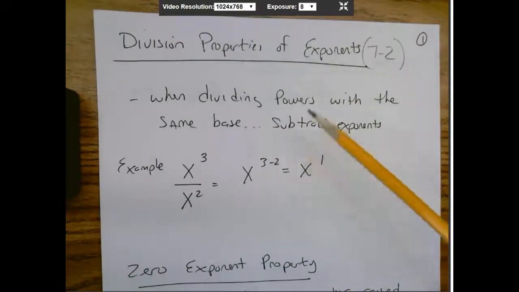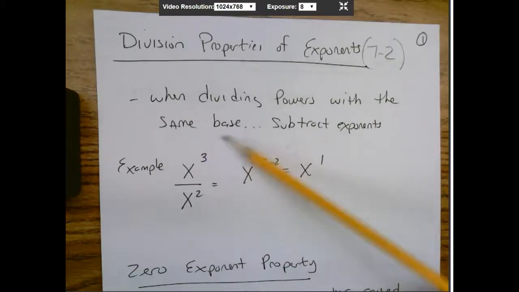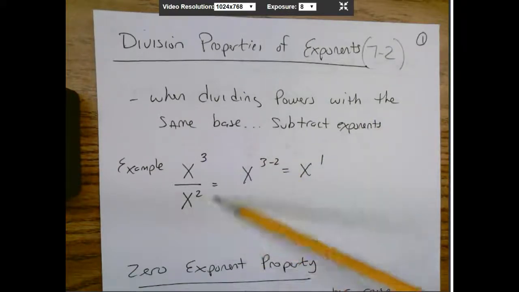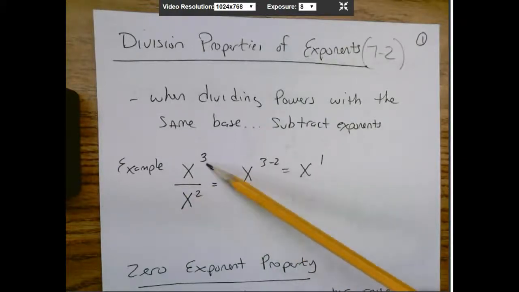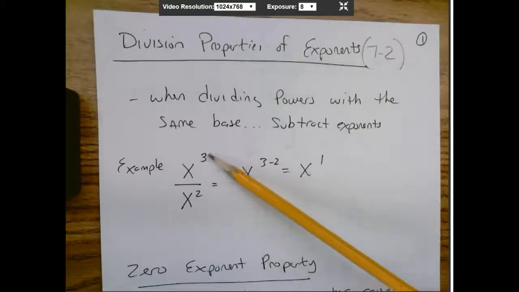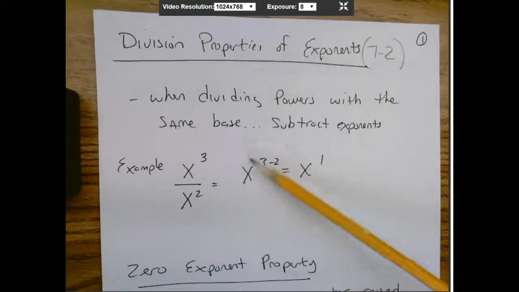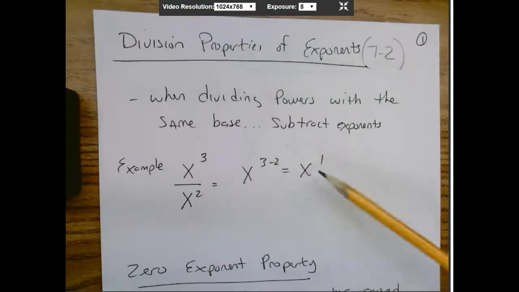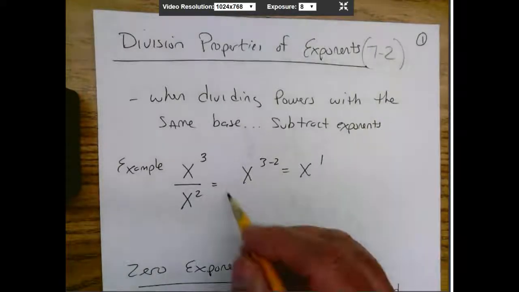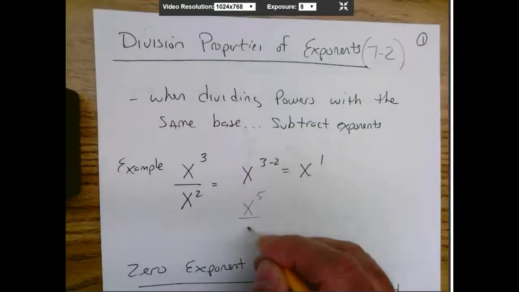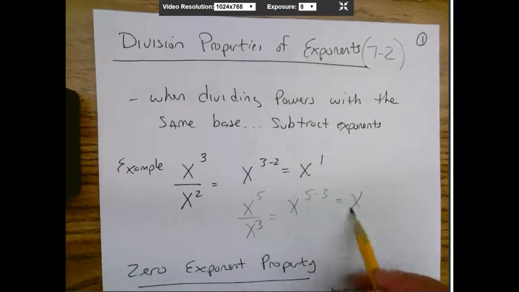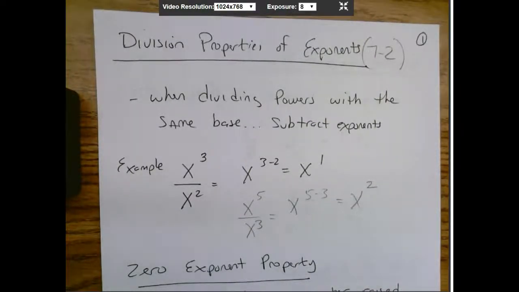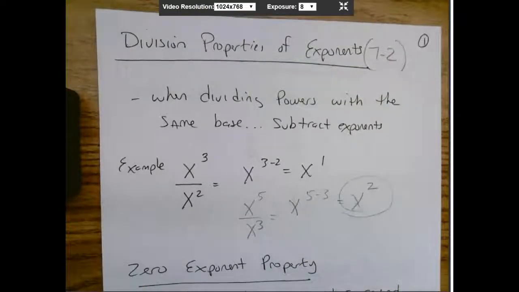And here what we're talking about when we have exponents, so when dividing powers with the same base, subtract exponents. So whenever we have something like this, x to the third over x to the second, we just subtract the bottom exponent from the top. So here we just take x, 3 minus 2, and then we get x to the first power. That's kind of how we do that. So if we had another one, for example, let's say we had x to the fifth over x to the third, we would just take x to the fifth minus the third, and that would be x to the second. Okay. So that's kind of how you do that. Pretty simple rule. Just subtract exponents